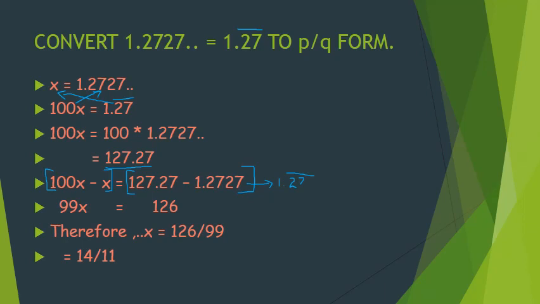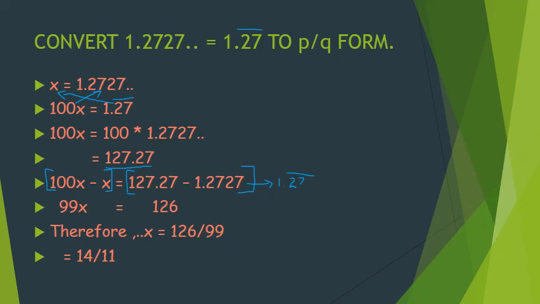So I'll simplify 1.2727 dot dot multiplied by 100x. Now while I am multiplying these values, I will not take into consideration the variable x. Instead, I'll multiply 100 by 1.2727, where my answer will be 127.27. So the value for 100x here will be 127.27. So here also once again I got one pair of algebraic expressions and decimal expressions.